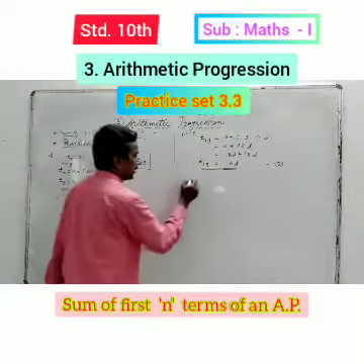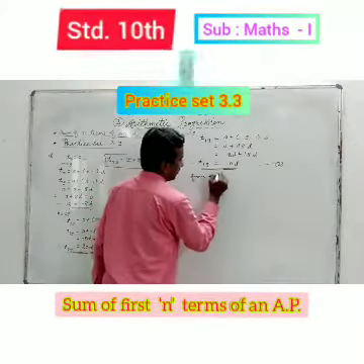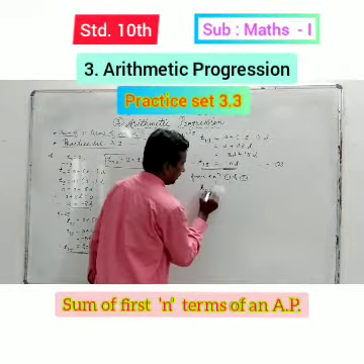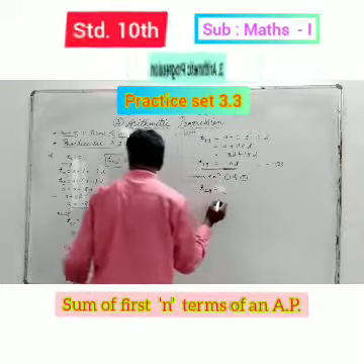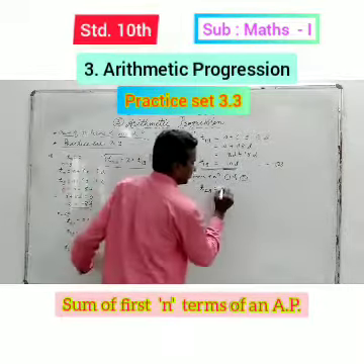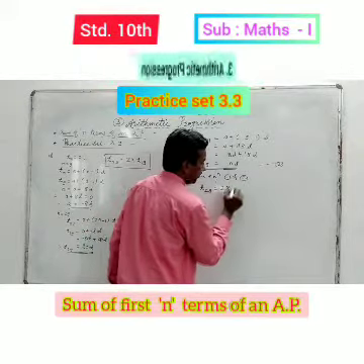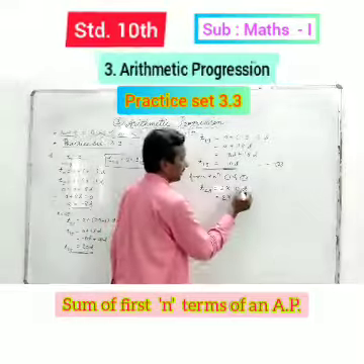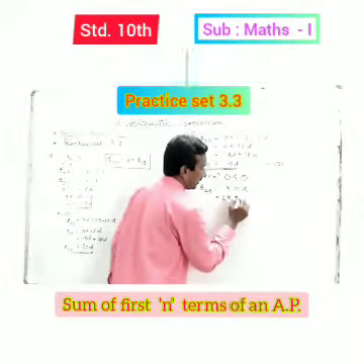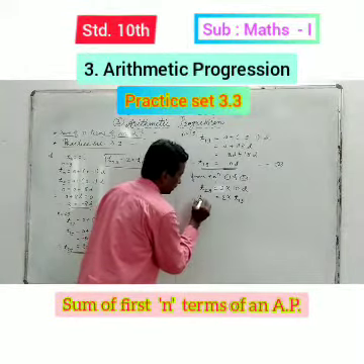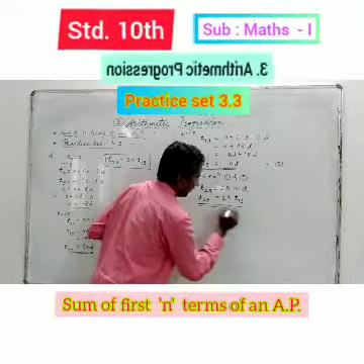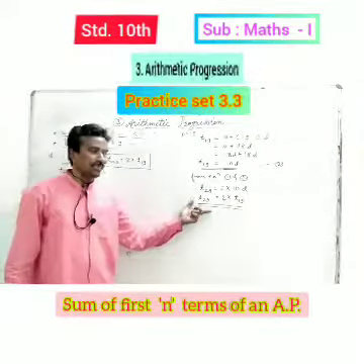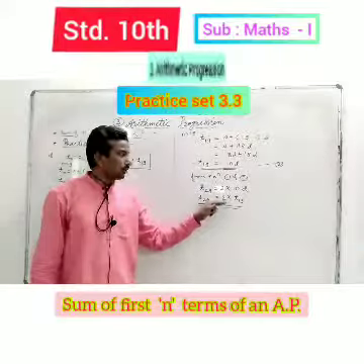Now from equation 1 and 2, we will get T29 is equal to 20d. We can split the 20 into 2 into 10d. It is 2 into, but 10d means it is T19. Therefore, we can say that T29 is equal to 2 into T19. In words, we can say that the 29th term is twice the 19th term.